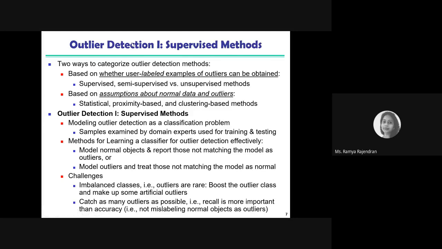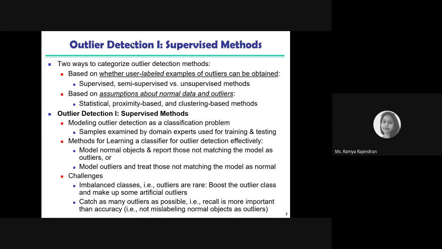The first one is actually a classification problem, where you're trying to find whether a particular sample is an outlier or not. Here we should have a training set and test set. Most of the time you have a repository of normal data samples, and if anything deviates a little from your training set, you can classify it as non-normal or an outlier.